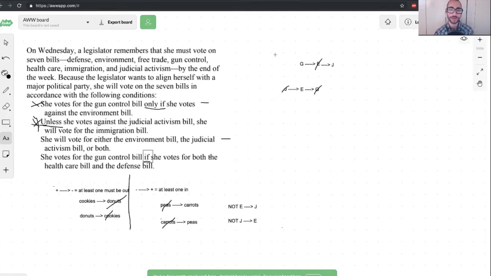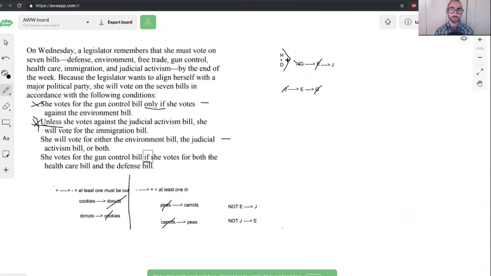So a little tricky to diagram. I'll type it as H and D together, indirectly, together are sufficient to require G. So I might do that, kind of doing a bracket there. The two of them together are sufficient to require G, but neither one alone is said to be sufficient. It's the two of them together that require G. Kind of like having a quarter and a nickel together are sufficient to give you 30 cents, but neither one